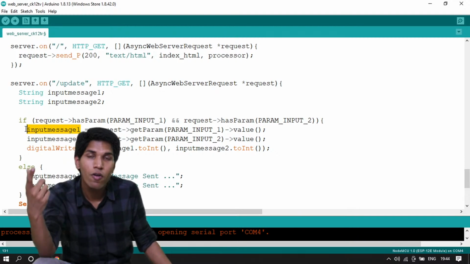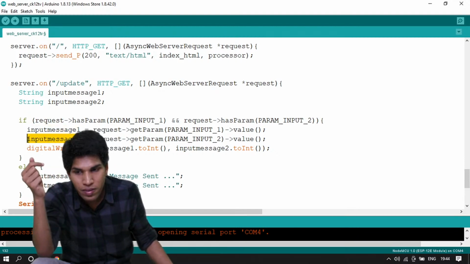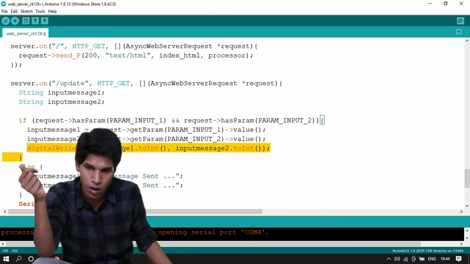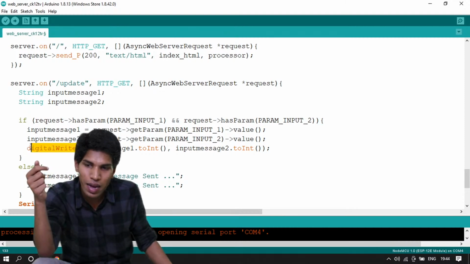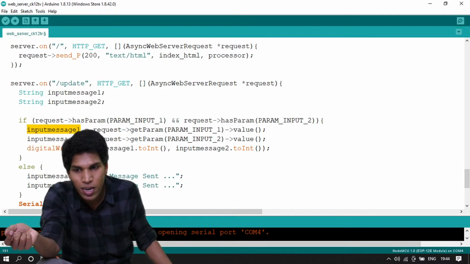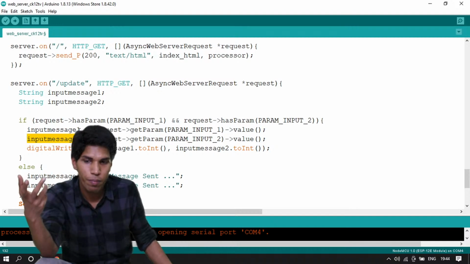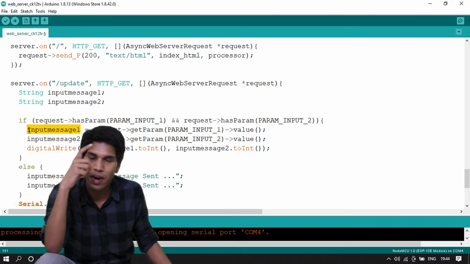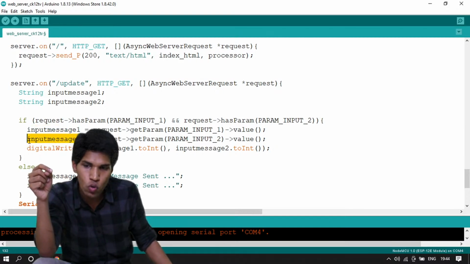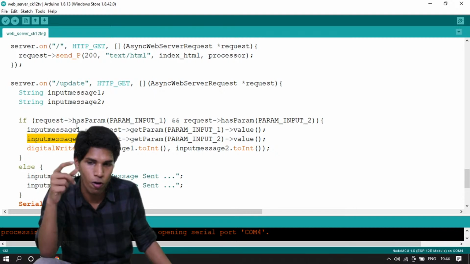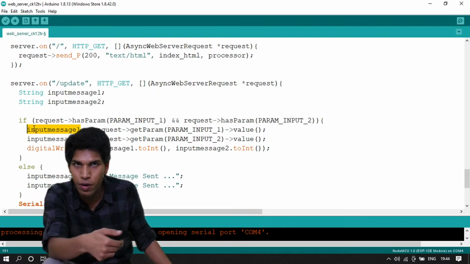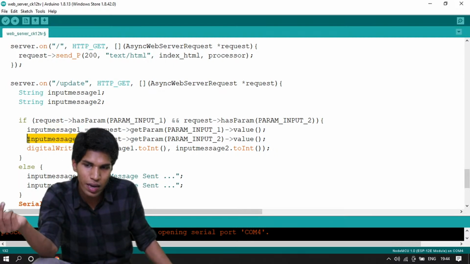Input message 1 will store which pin, and input message 2 will store on or off. And then I'm telling my NodeMCU, the circuit board, to set the state of the pin of inputMessage1 to the value of inputMessage2. As in, basically, if input message 1 is telling the lightsaber pin, input message 2 will be telling whether the lightsaber is on or off. Input message 1 variable would be telling either bulb or lightsaber or LED, and input message 2 will be telling on or off.